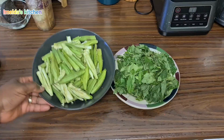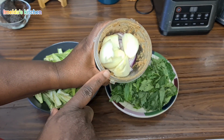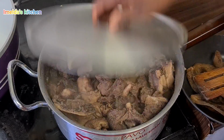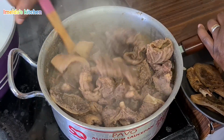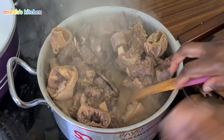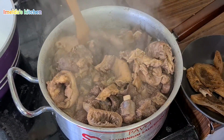Yeah, so I'll wash everything. I've washed the okra, and this is the leaves as well. I've added more onions to my blend. I'm going to blend it together because I'm going to start with the stew. Now the flavor in my kitchen, you need to try this, then you tell me. It smells so good. It smells so good. Everywhere is smelling